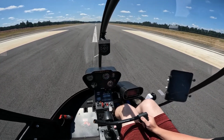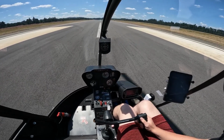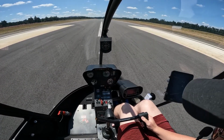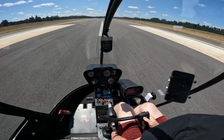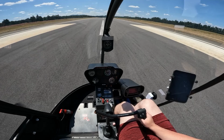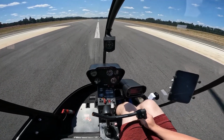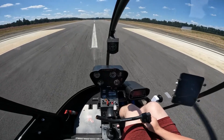Okay, set down, good, pull down, no warning lights, RPMs in the green, 123 in the green, carb heat up, right trim down, good on fuel, going up. Good. And